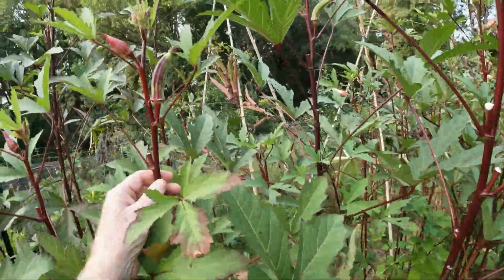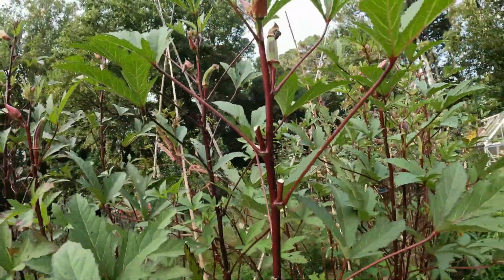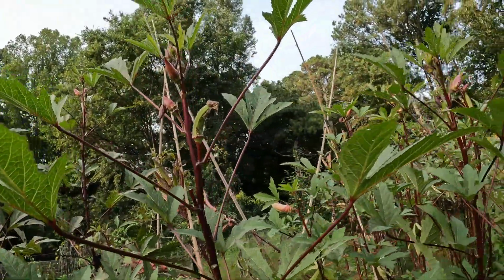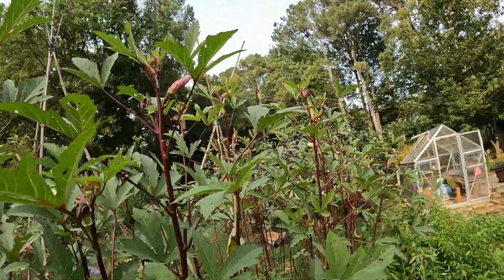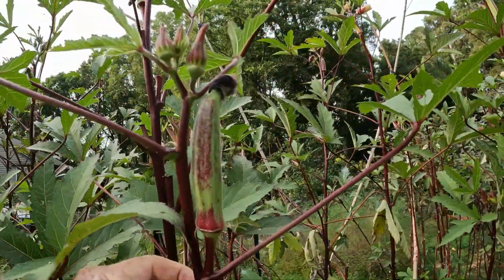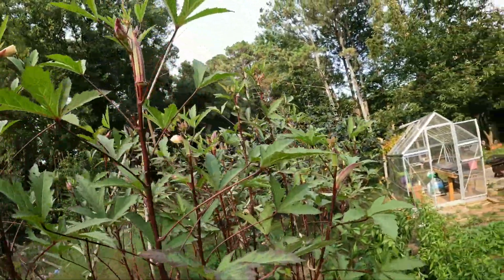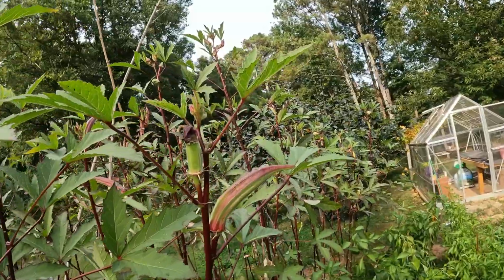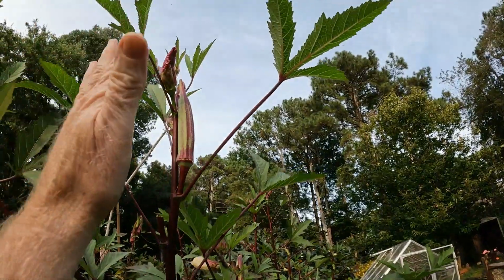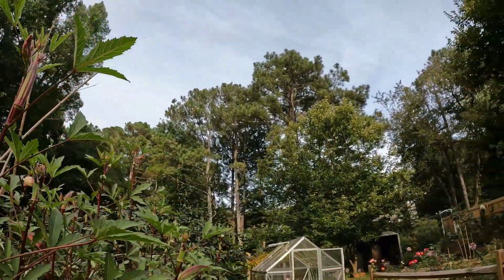The okra just continues to bear. This is the red stemmed okra. I think you can see why I call it the red stemmed okra. And I've got enough to pick again. Once again, if it gets cold this weekend like they're predicting, then this will probably be one of the last pickings of the okra that I get. But it has just done extremely well. Reaching up to the top of this plant, and I can't even reach that okra right there. Then